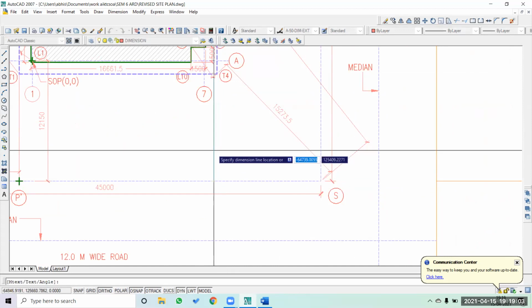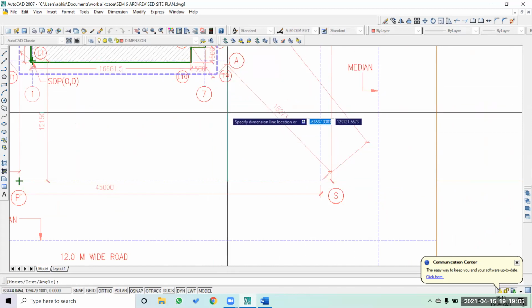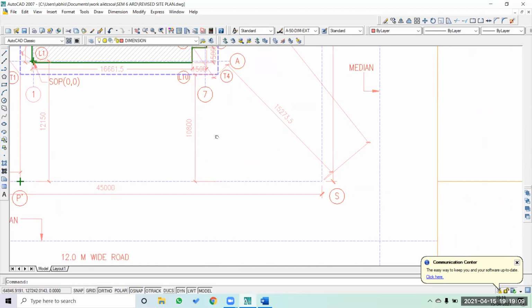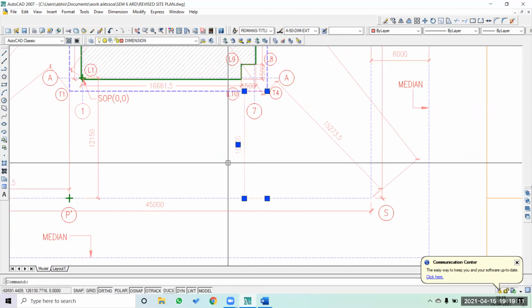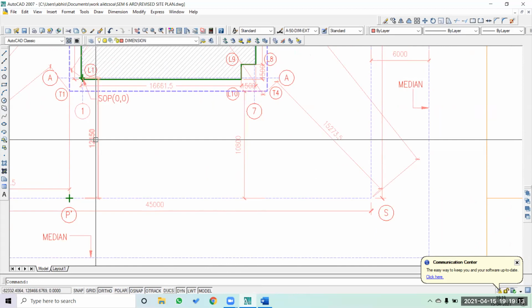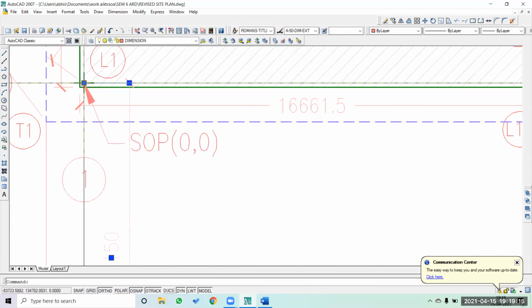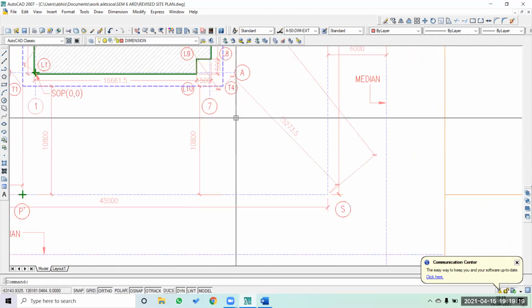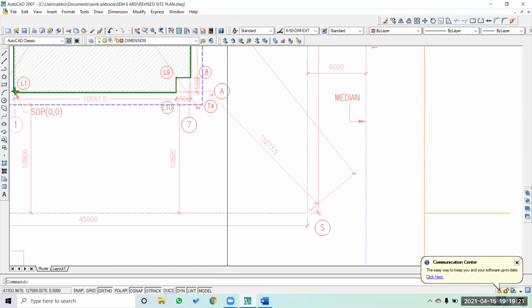This is going to be very similar, so it should not be an issue as a dimension. It's going to be the same dimension here.